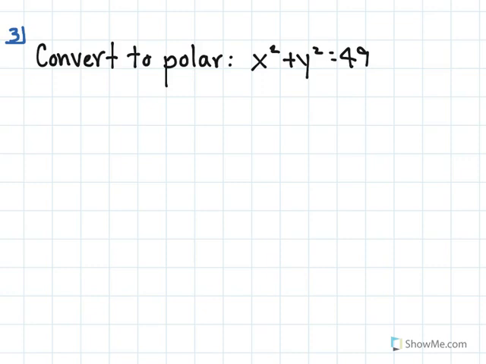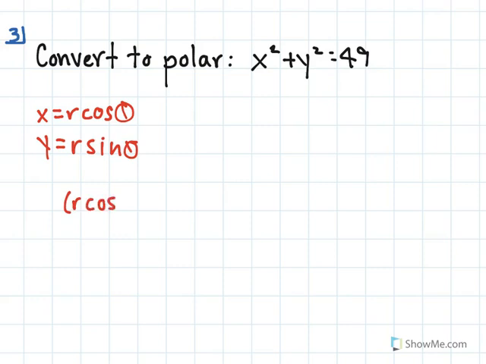In this problem, we're given the formula x squared plus y squared equals 49, and we're asked to convert it into a polar equation. So remember that x equals r cosine of theta when we're converting between polar and rectangular, and y equals r sine of theta. So we can substitute those in for x and y, and we would have (r cosine theta) squared plus (r sine of theta)